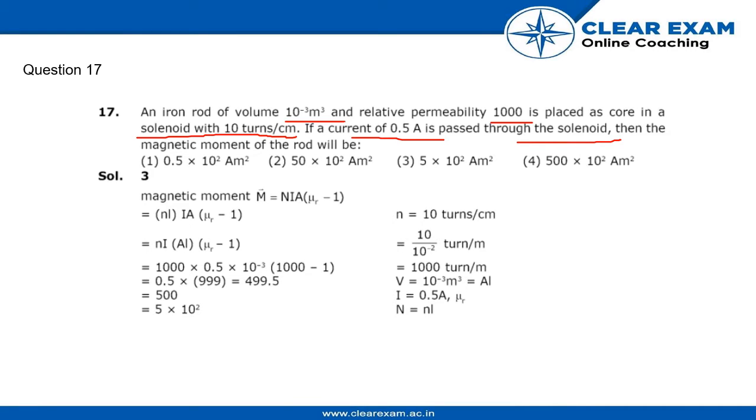We have the formula of magnetic moment, that is M equals NIA (mu r minus 1). We put the value of N, that is N L I A (mu r minus 1). We get